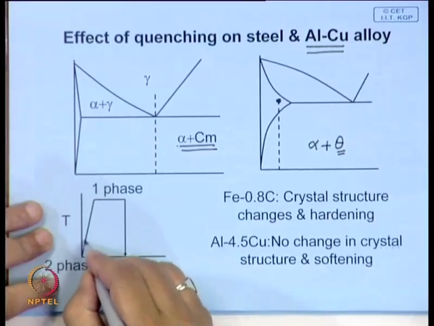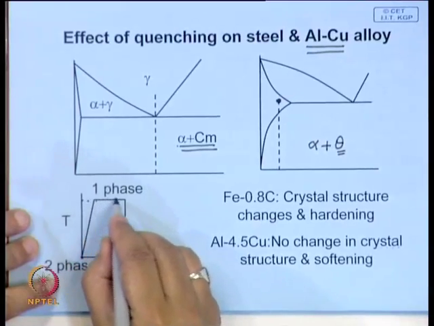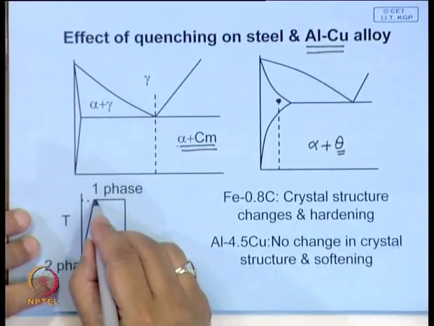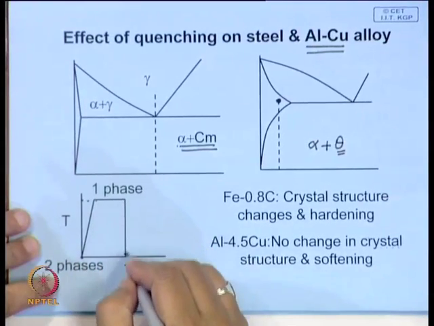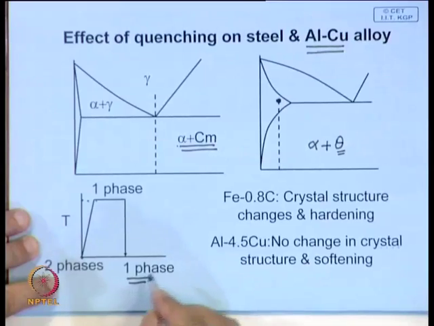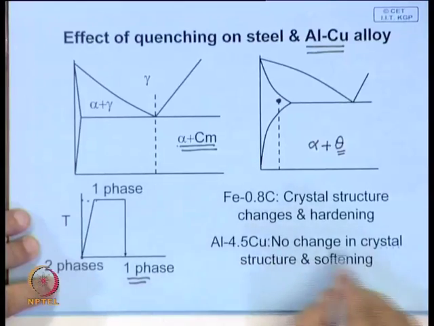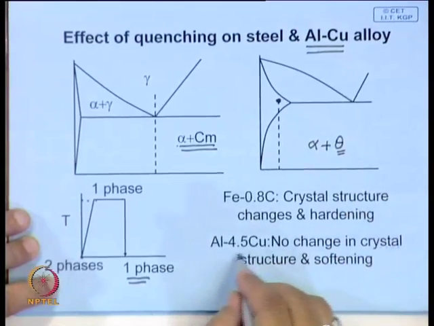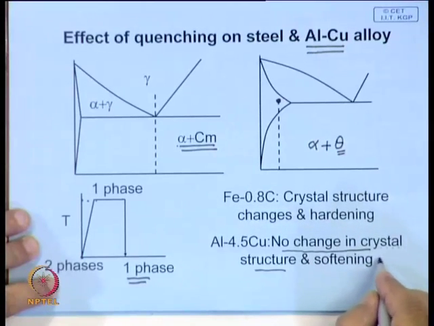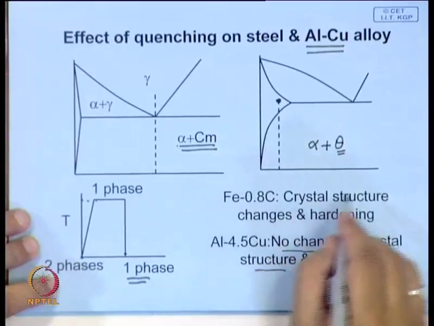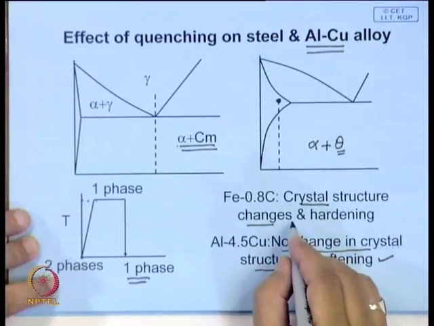So, overall, if you look at the heat treatment process, you have initially a 2 phase structure, you heat it to this temperature, single phase region, allow it to remain at that temperature for some length of time, then you cool it very fast, and you get a single phase structure. Here also you get a single phase structure, but look at the difference. In this particular case there is no change in crystal structure and the material becomes soft, whereas in this case the crystal structure changes, and by changing this crystal structure you are